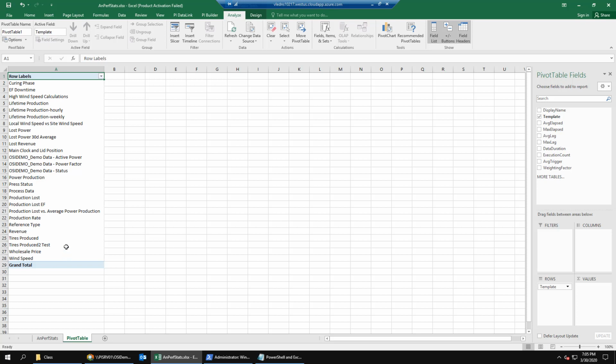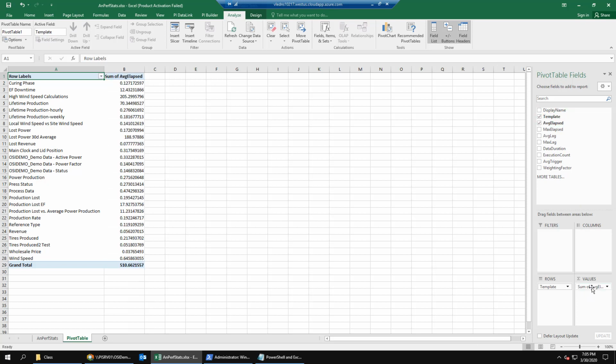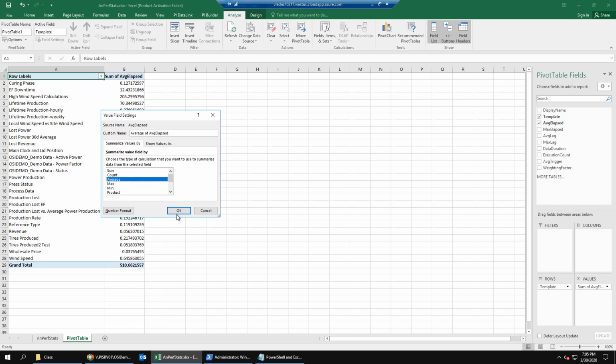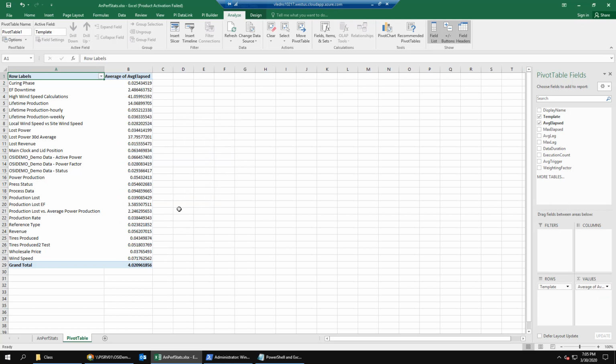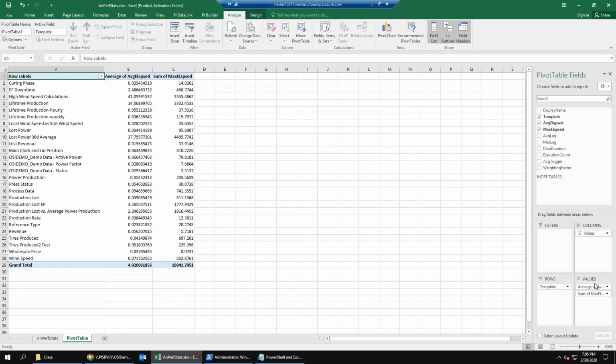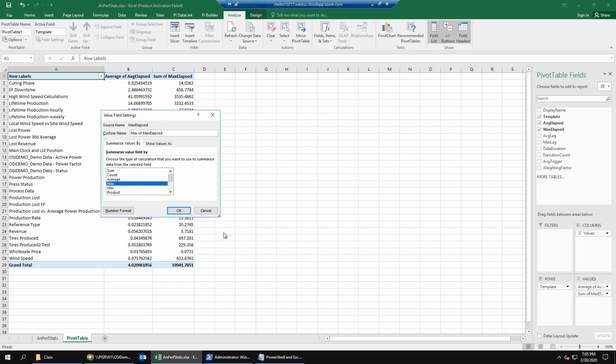Then we'll drag max lag down and change it to a max. Next, we'll drag average trigger down to the values area, and we'll change it to average of average trigger. And lastly, we'll drag down our weighting factor, and we'll change this to average of weighting factor as well.